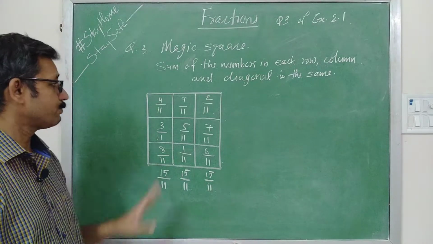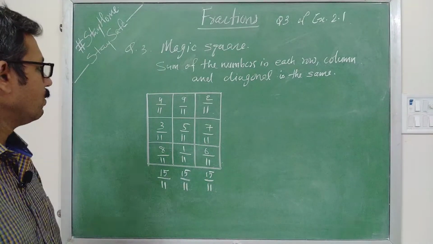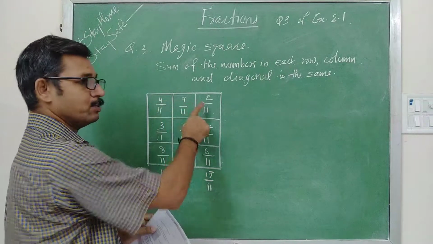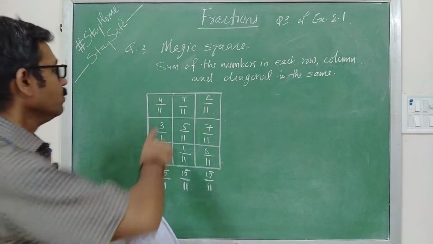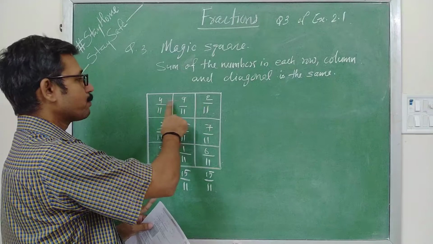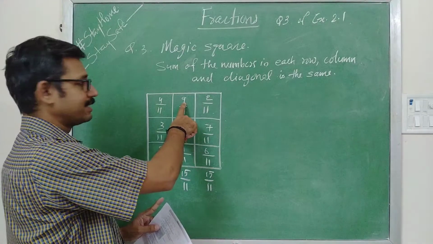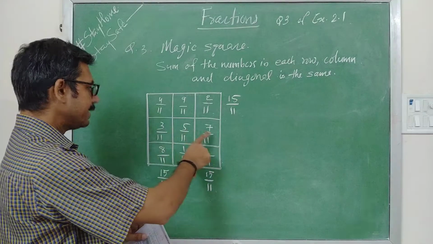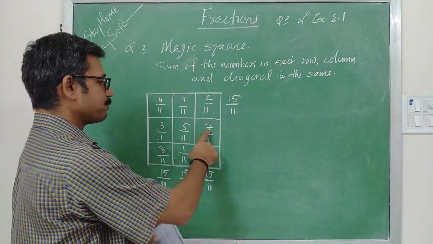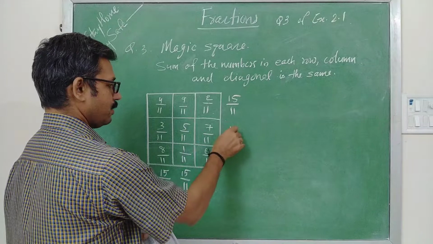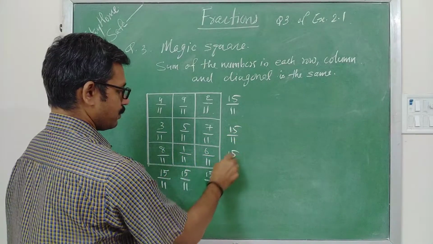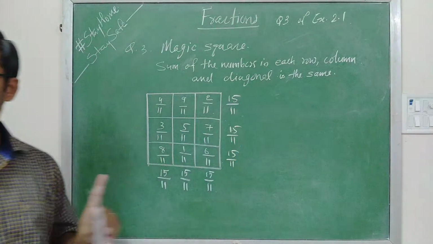And the next, now let's see about the row. Here also denominators are same, you have to just add the numerators. 4 plus 9, 13. 13 plus 2, again it is 15 upon 11. Like that, while adding here also, 8, 8 plus 7 is again 15 upon 11. Here 8 plus 9, 9 plus 6, it is 15 upon 11. We are getting the same.